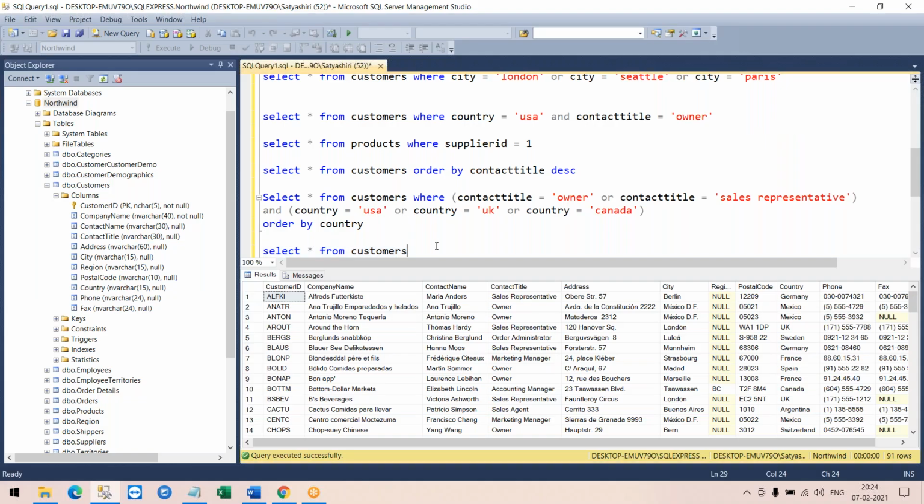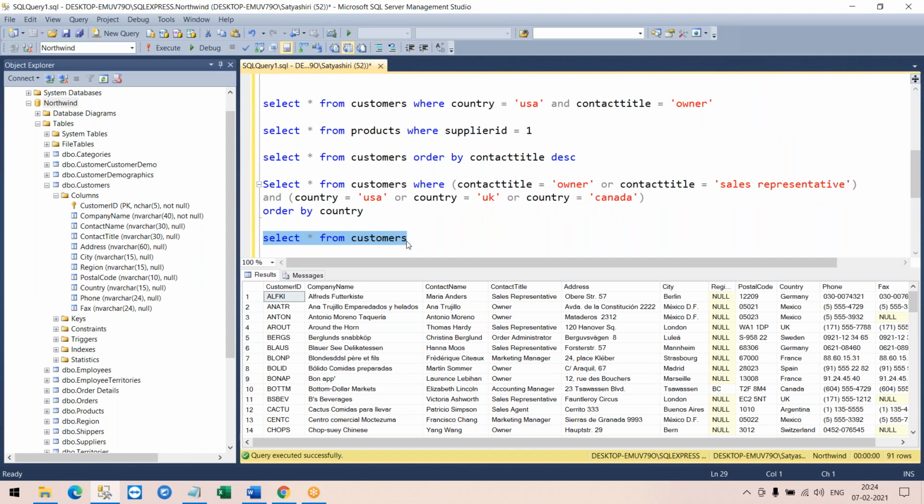If I run this query, select star from customers, why do I need all those millions of customers? First, I don't need all of them. Second, the performance of the database is unnecessarily impacted. You're asking the database to retrieve so much data which you don't need.